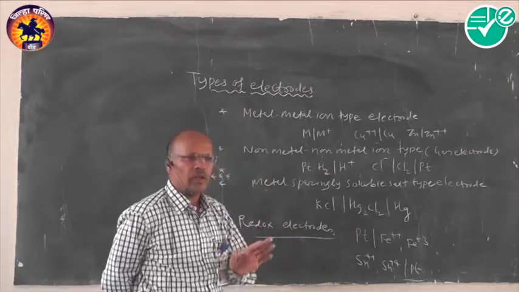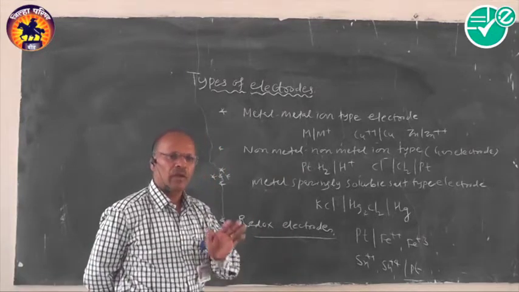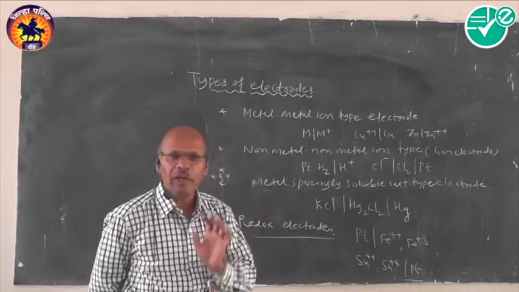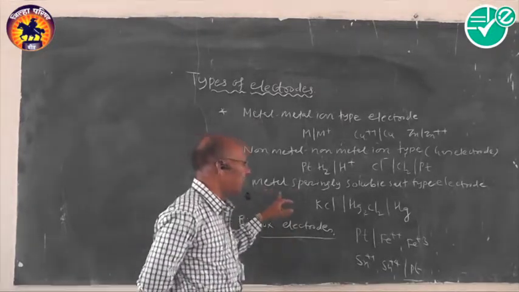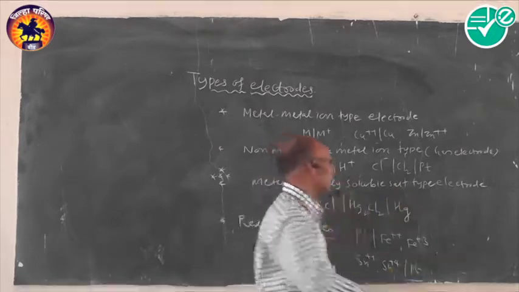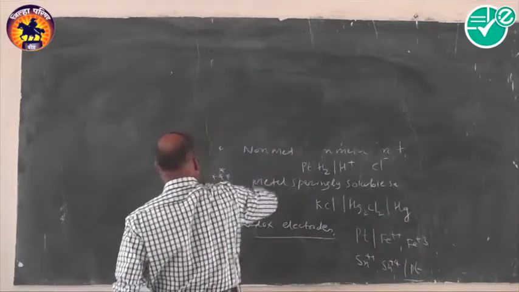In this particular way, you have to remember here the type of the electrodes with the specific examples. Especially from exam point of view, remember here the example of the calomel electrode, which is the example of metal sparingly soluble salt type of the electrode. Just remember like this. It is just about the types of the electrodes depending upon their composition.